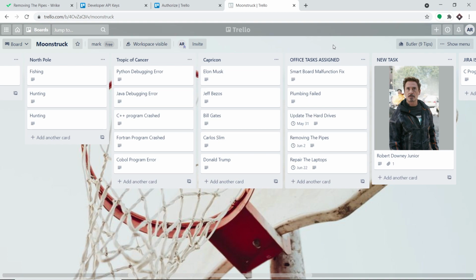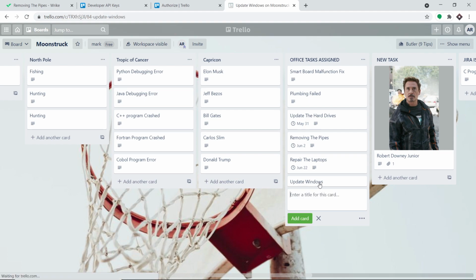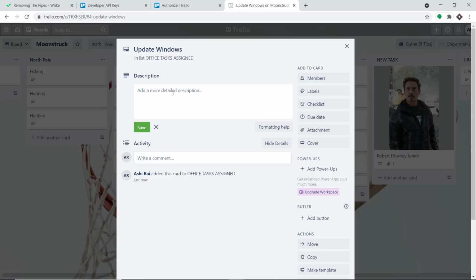Okay, so basically this is my Trello account and this is the list I'm interested in, and as you can see this is the board I am using, named Moonstuck. So I'm going to add a card here. Let's say the name of the card is Update Windows. Okay, so basically this is the name of the card. Let me just add the card, and after adding the card I'm going to enter the description as well as the due date. So the description, I'm mentioning it as